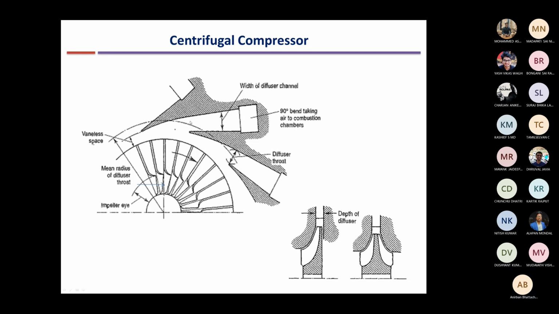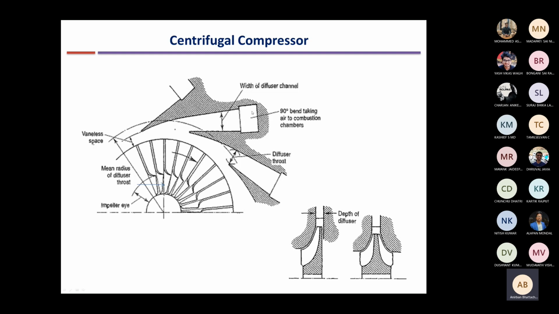Then there is the diffuser. You can see these are the diffusers. There are multiple diffusers, like 10, 12 diffusers. What is the role of the diffuser? These diffusers take in the fluid, and gradually the channel width increases. So whatever is the kinetic energy at the inlet, gradually the kinetic energy is reduced. It's like a normal diffuser. The cross-section area increases and the pressure increases. So once the diffusion action is done, the pressure has increased further and the velocity is lower.